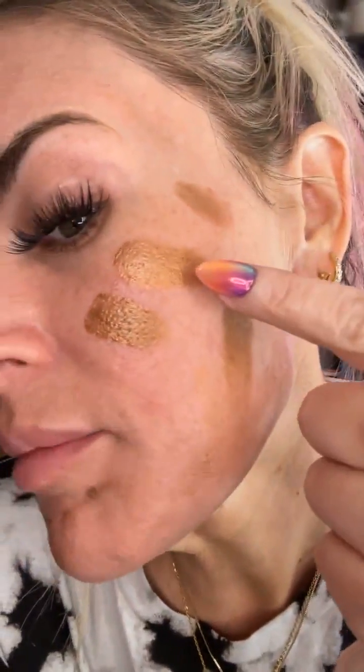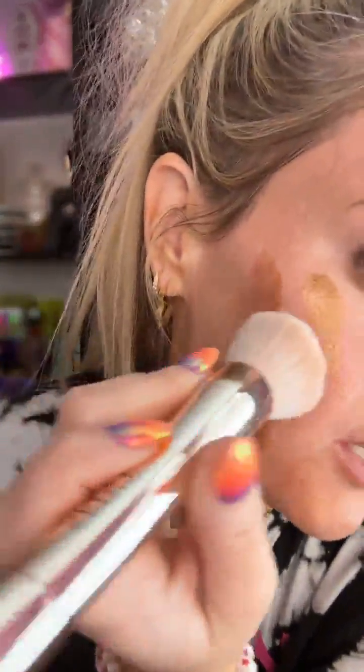Okay, look at this illuminator. See how it looks dark and crazy? But these creams, you guys, this is a good example of how they blend a lot lighter than they actually are. They're not as dark as they look. So I'm just using my blush and bronzer brush to take this illuminator, and they just kind of...